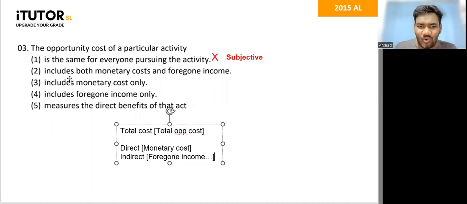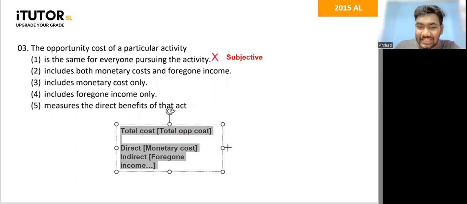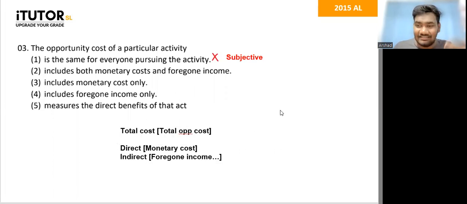Can you say it's only monetary or only foregone? No, right? So remember, when you say opportunity cost here, we'll connect this with unit number 4 a little. We talk about both monetary cost and your indirect cost also, that is like foregone income and all of that. So therefore, what will our answer be then? Our answer becomes number 2, right? Monetary cost means, guys, the amount that you have to actually spend.